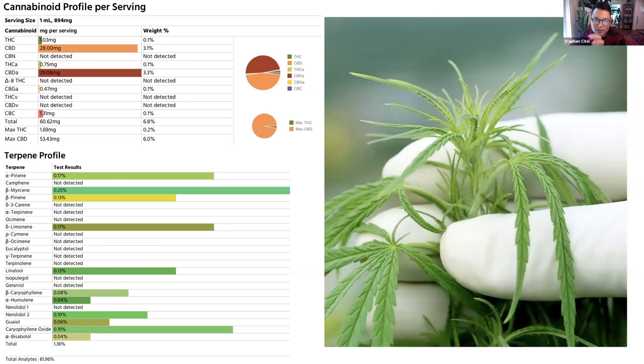So when we look at a certificate of analysis, hopefully we'll have a nice little breakdown like this, where we can see the phytocannabinoid concentrations, hopefully in mg per mL, so it makes it easier for dosing and understanding. And then we should also hopefully have a terpene profile. This is a really, really robust and really concentrated terpene profile. Typically, when I am looking at terpene profiles in a particular product, I like to see, do you see this bottom percent where it says 1.36%? I typically like to see that at least